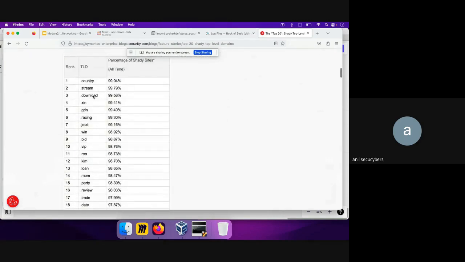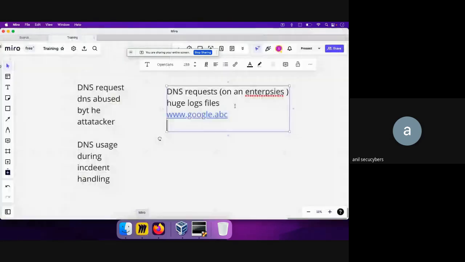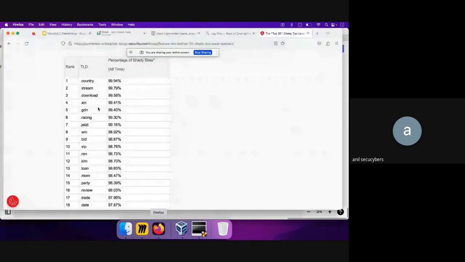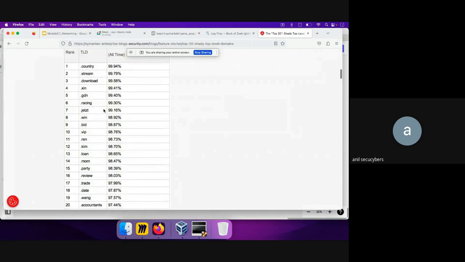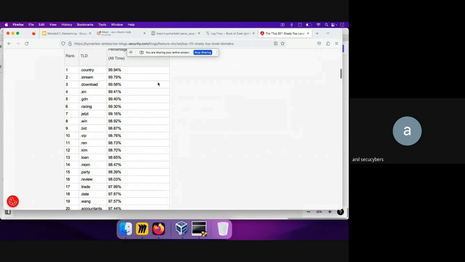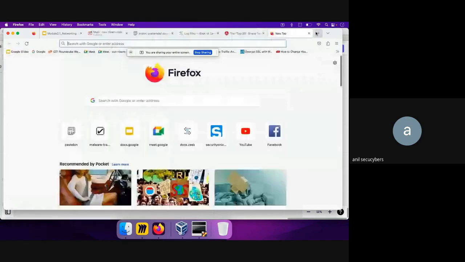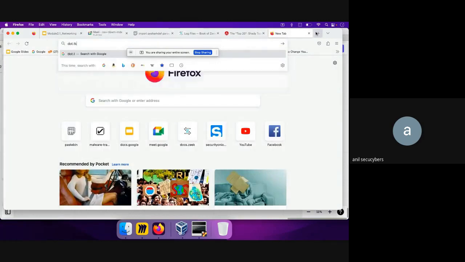Let's say there is something like google.com, we already know that. But let's say someone enrolled a website saying google.country. Or let's say google.stream, google.download. So what you can do is, there are a lot of websites like dot tk, that is one of the